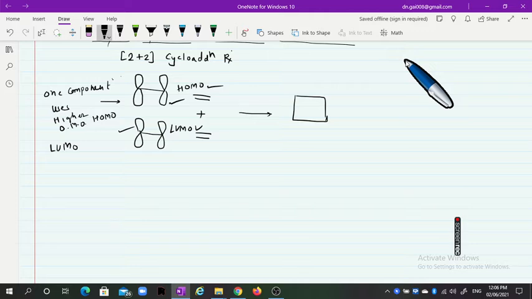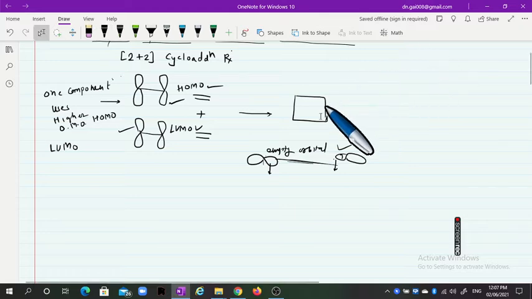This is like when a bond is formed between an occupied molecular orbital, which has electrons, and an unoccupied, empty molecular orbital. In this approach, for the first ethylene as the first reactant we consider the highest occupied molecular orbital, and for the second reactant we consider the lowest unoccupied molecular orbital.